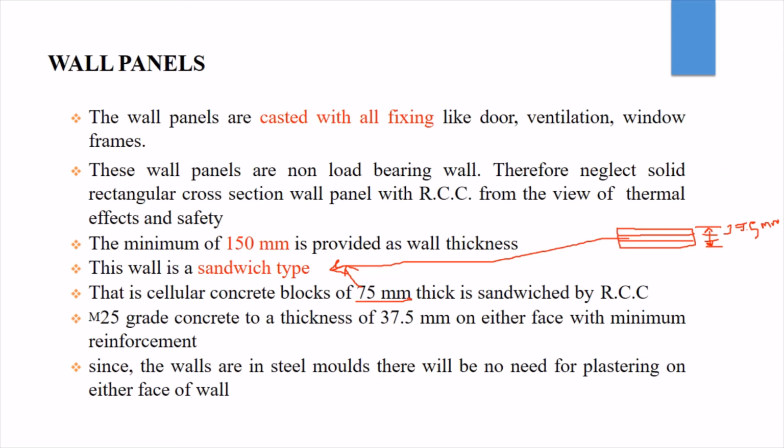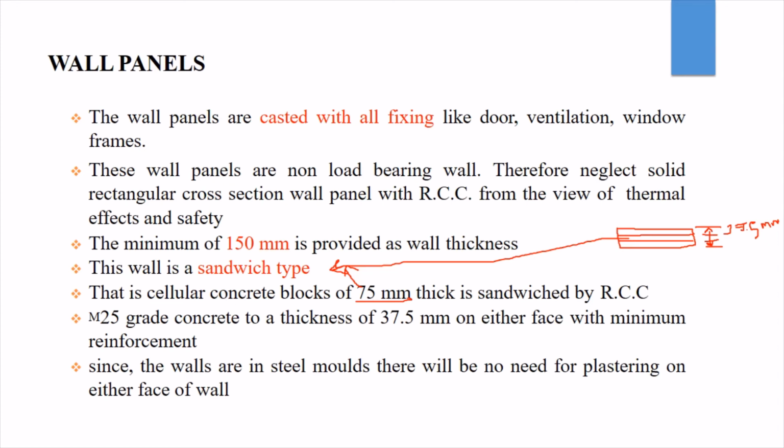So the next one is the wall panel. The wall panels are cast with all fixings like door, ventilation, and window frames. In a particular home, we need to go for doors and windows. So this is a main thing. To get that in prefabrication, they give a separate space for that. So the wall panels will be cast based upon that